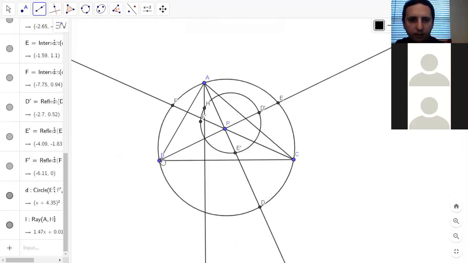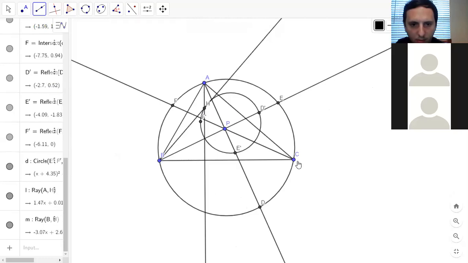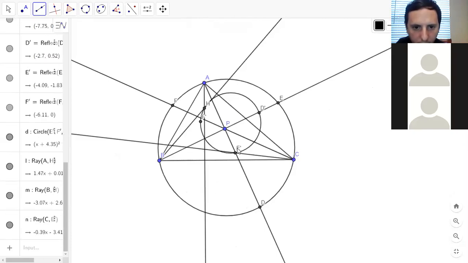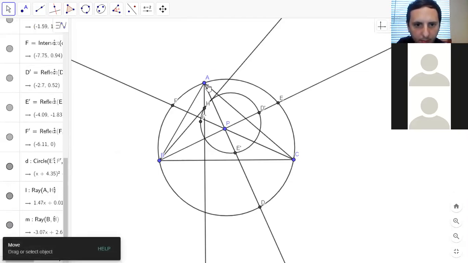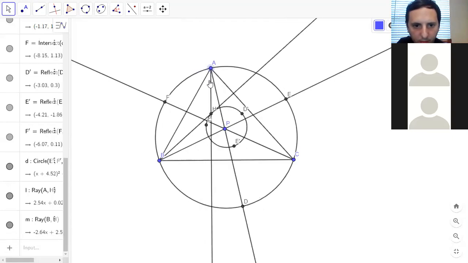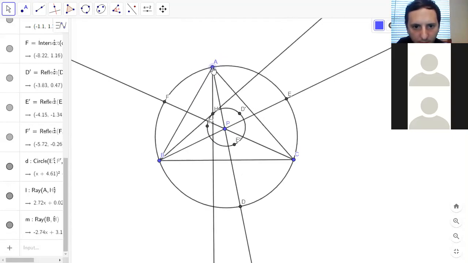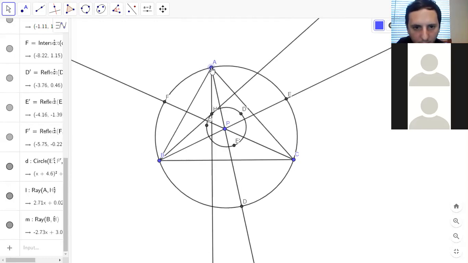Which is just the same as saying that, wait, for CH. Why doesn't CH pass through anything interesting? No, it's saying that